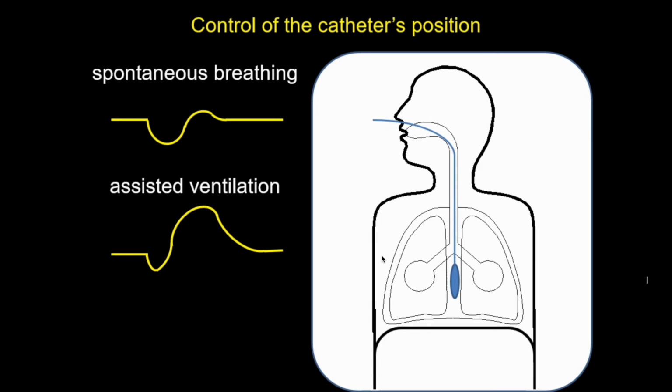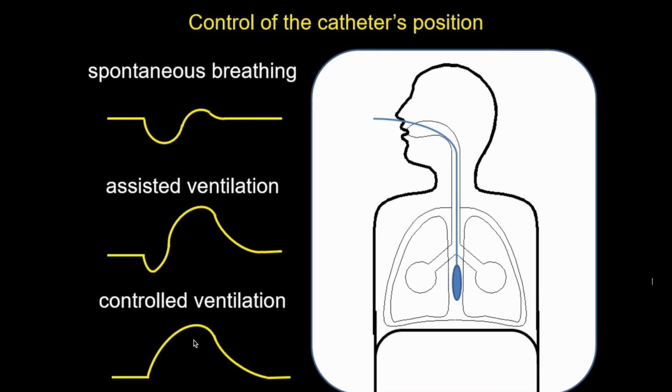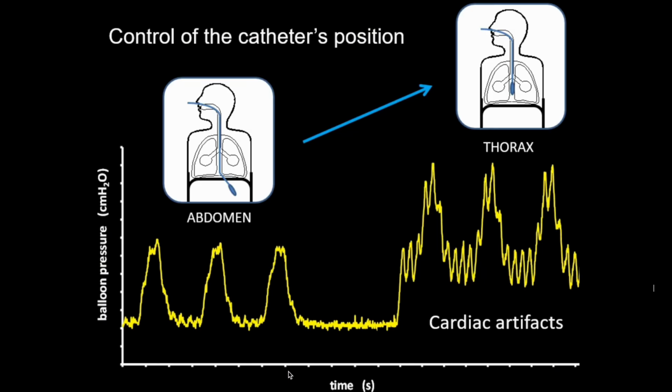However, as we pull it up, we will find this type of change. We will find a negative swing, because now we are in the esophagus, which reflects the pleural pressure. So this negative deflection will help us find out that the tube is in the esophagus and in the correct position. However, if the patient is in controlled mode, then you will again find the same thing, and it is difficult to know you have entered the esophagus. However, as you enter the esophagus, there is an increase in the pressure and you can see cardiac artifacts. This gives a sign that you are in the correct position.